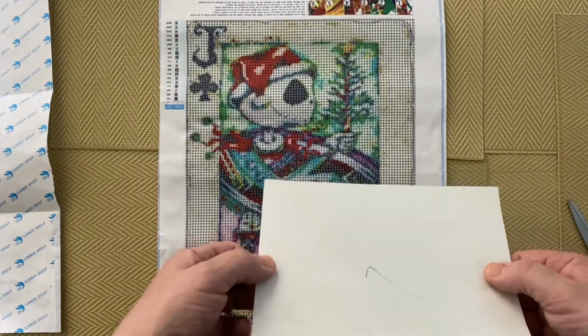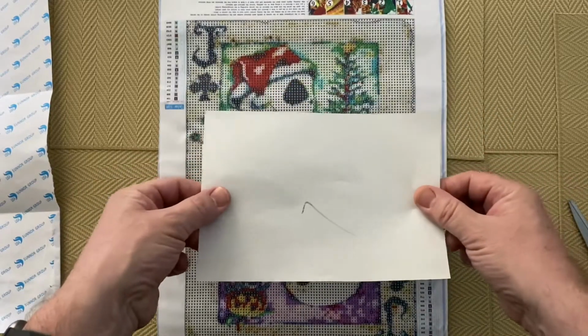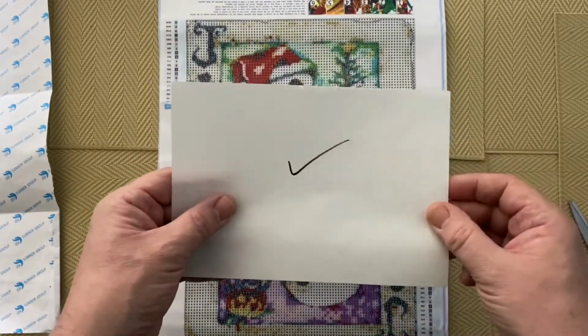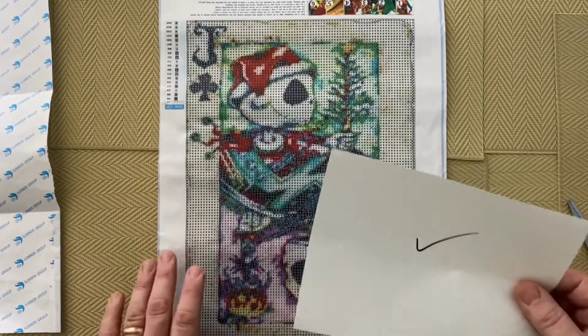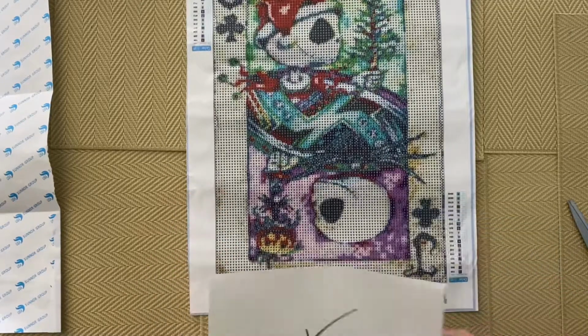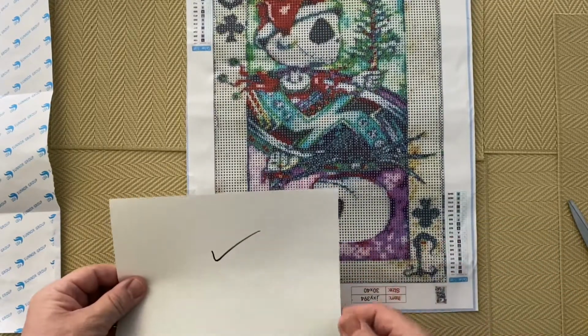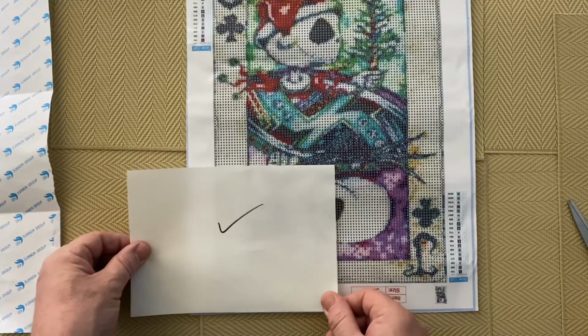So I thought, okay, that could be a problem. If I accidentally put the wrong side down, it's going to be hard to get off. So what I did was I put a check mark, so that as long as the check mark is facing me, I know that I'm putting it on the right way. So what I would do is, this is quite a small one, I would do say halfway. So roughly halfway,